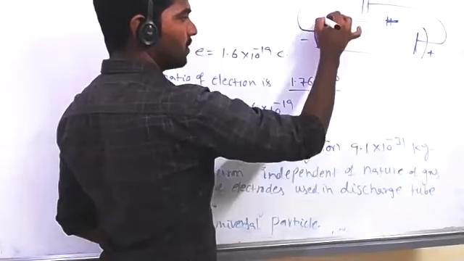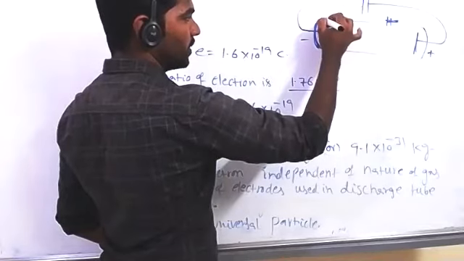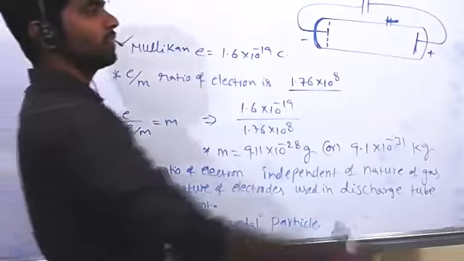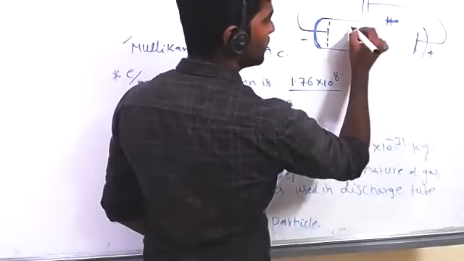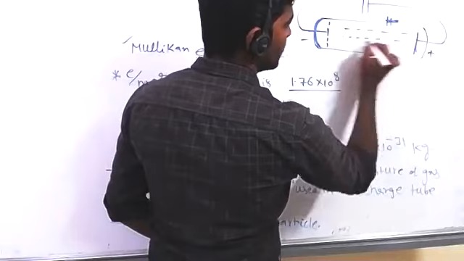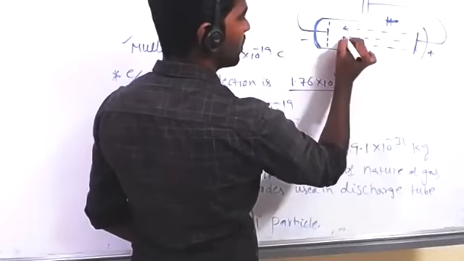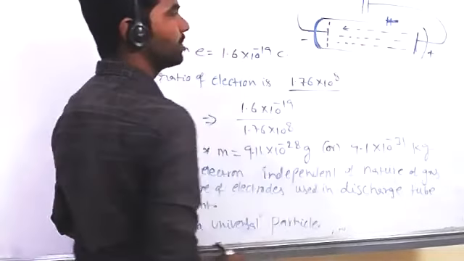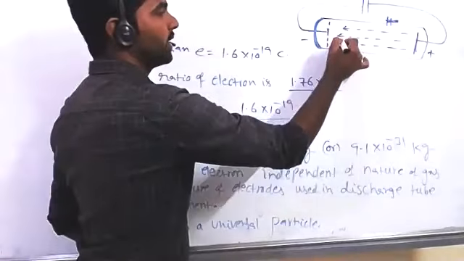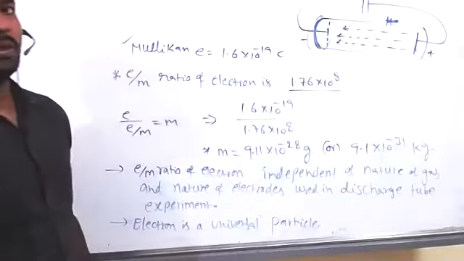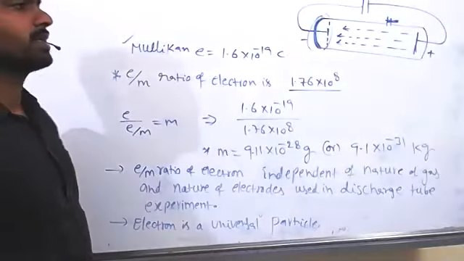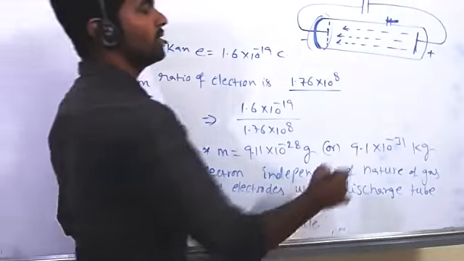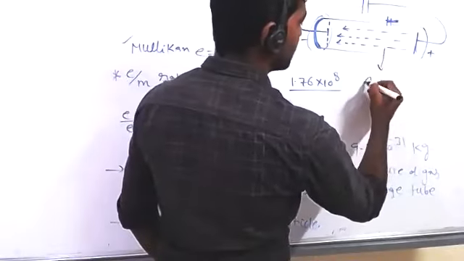and behind this cathode there is a glass wall coated with fluorescent material. Now some invisible rays are coming from the anode side. These rays pass through the holes of the cathode and strike this glass wall. And here we now observe some faint greenish color. So this indicates that some invisible rays are coming from the anode side. Those rays are called anode rays, also called canal rays.